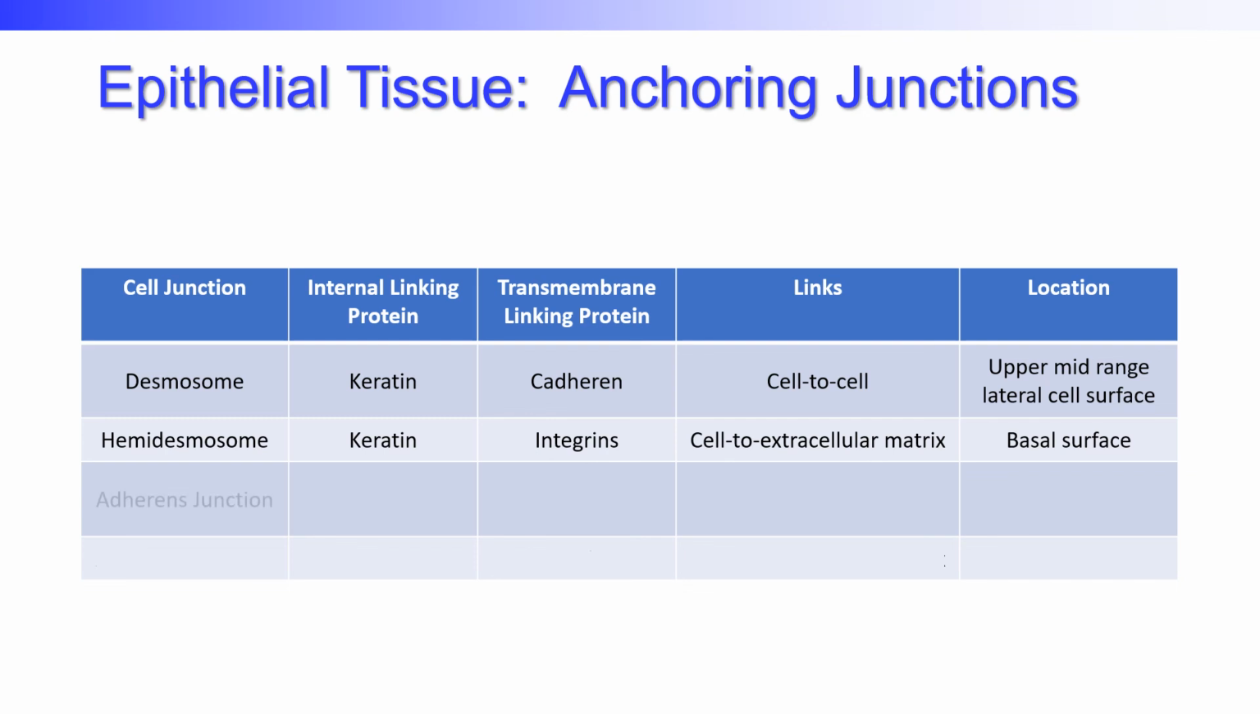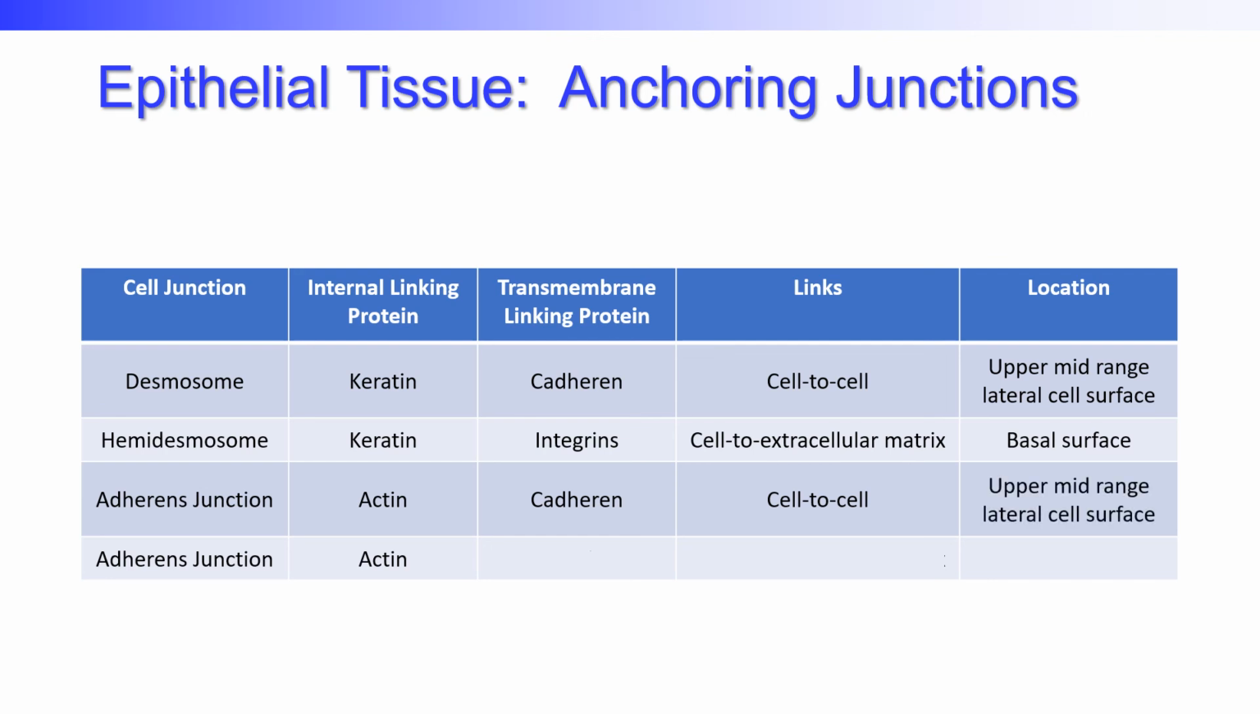Then we moved into adherens junctions, and we actually talked about two different ones. We said there was some variability here. The thing that they have in common, regardless of which one they are, is that their internal linking proteins are both going to be actin, but their transmembrane linking proteins are going to be different depending upon where they're found. So if we have an adherens junction that has a cadherin transmembrane protein, then we can expect that this is going to link cell to cell, very much like our desmosome. And very much like our desmosome, we would expect to find it in the upper mid-range of the lateral surface